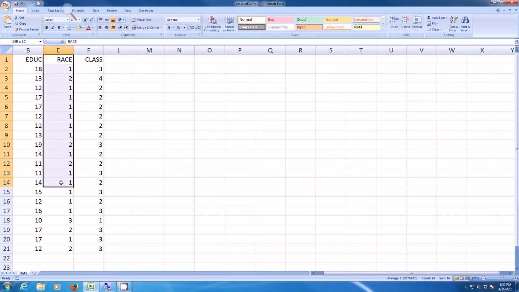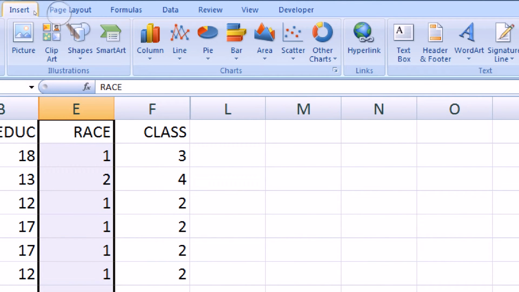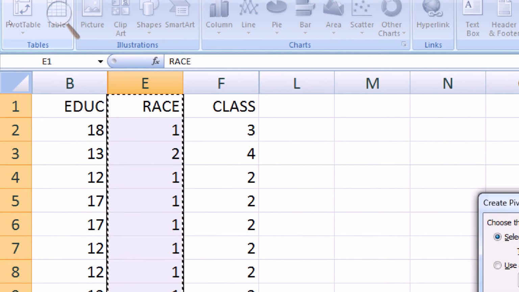Let's begin with the variable race. Now, being a nominal variable, there's only one measure of central tendency that's appropriate, and that's the mode. So how do we figure out the mode for race? Well, we have to start with some kind of a frequency distribution. So again, we can make a pivot table. So again, if we go to the Insert pull-down menu and we hit Pivot Table,